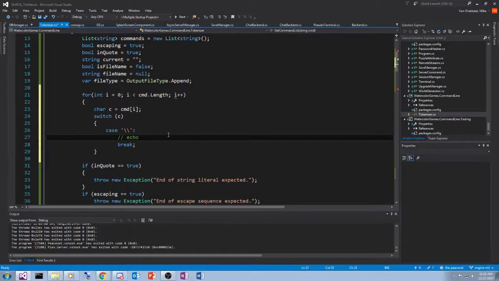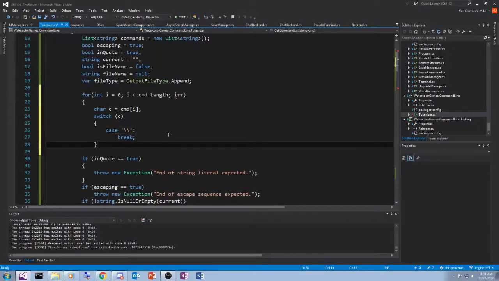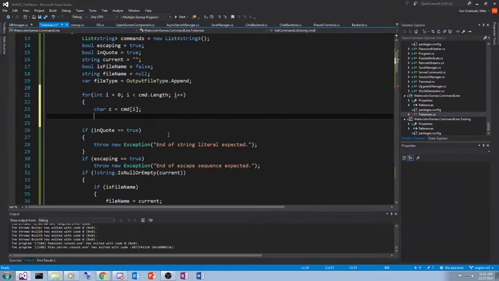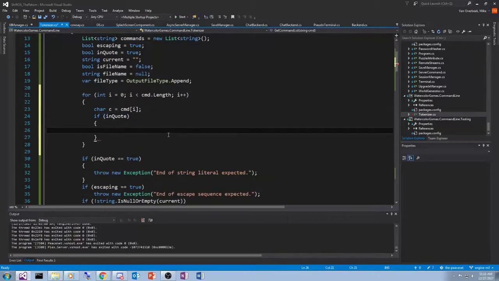So you can also do something like this in the Peacenet. This text has double quotes. Just like in C#, that'd end up printing this text has double quotes. So we need to be able to handle that. So I'm thinking, if we get rid of this, and I just got rid of a curly brace there, if in quote